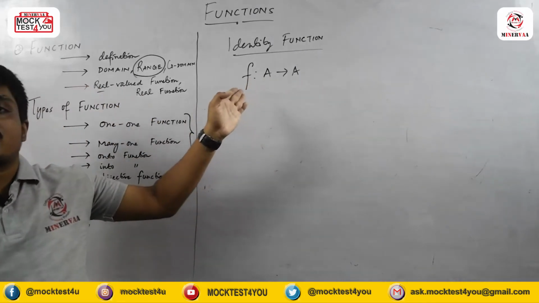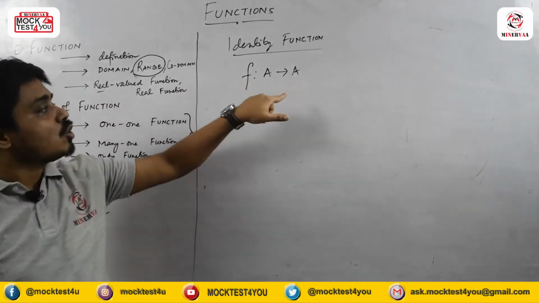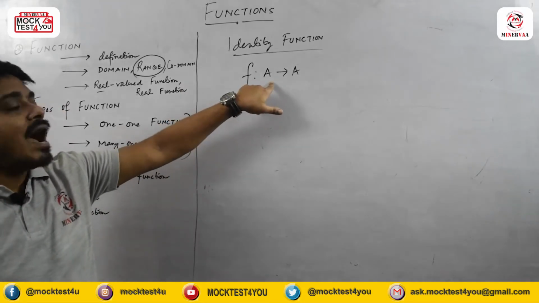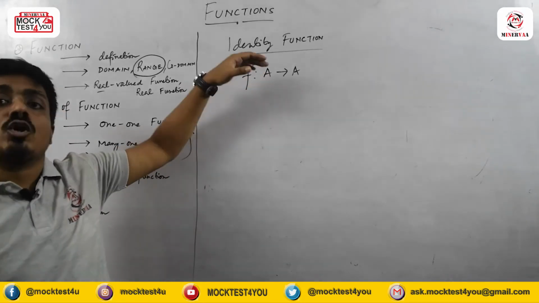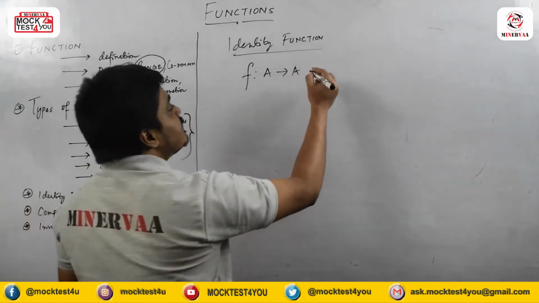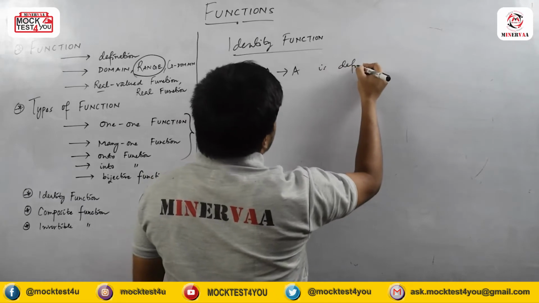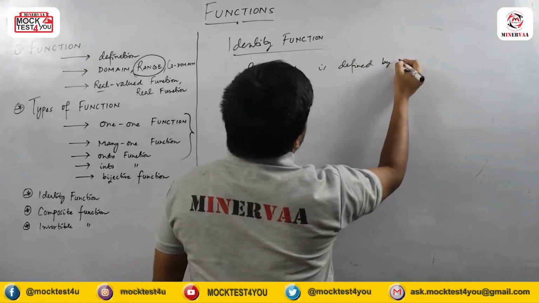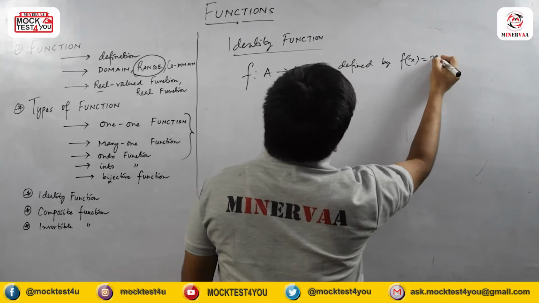I'm mapping the elements of the same set. So when a function f is mapped from the elements of A to the elements of the same set A, and the function is defined by f(x) = x,